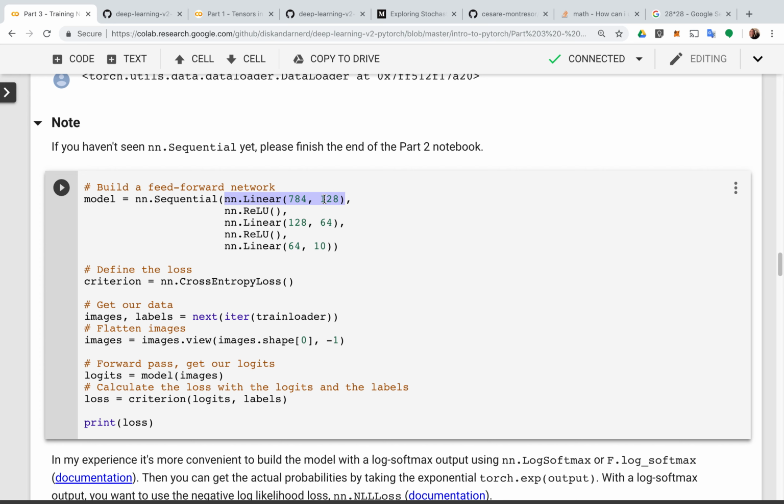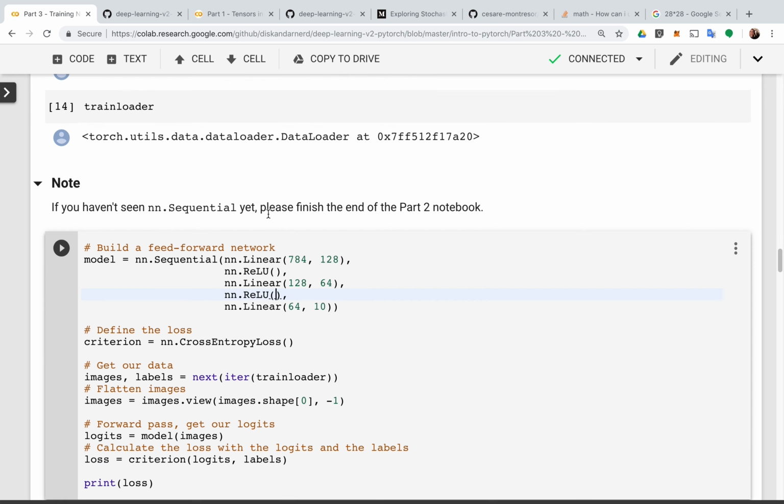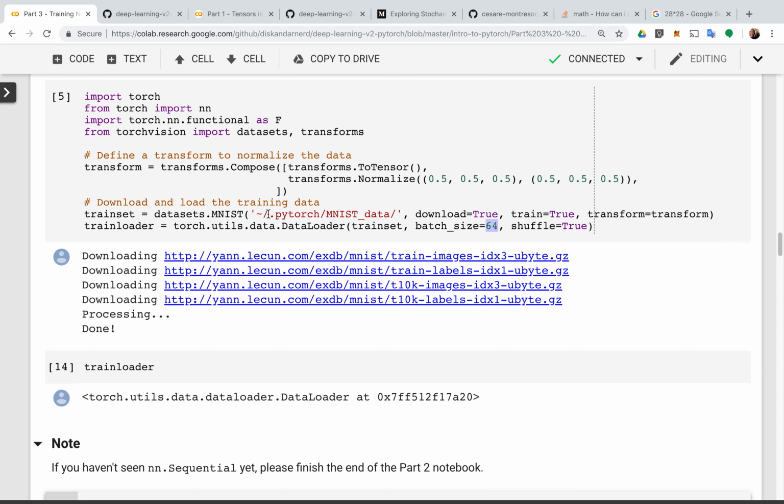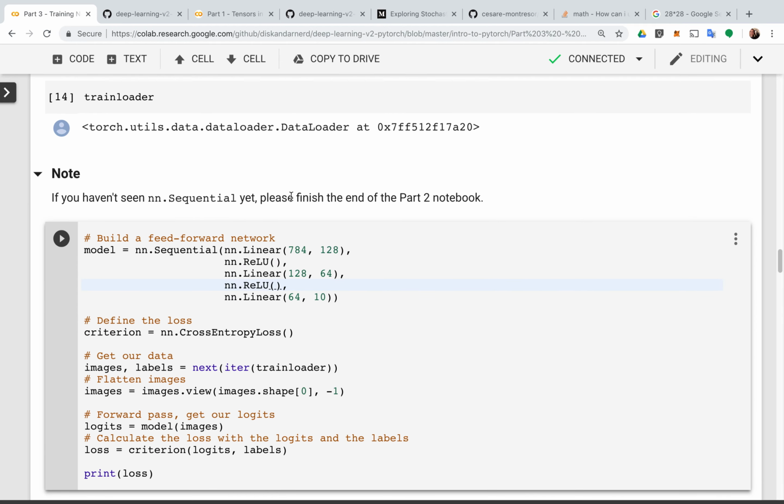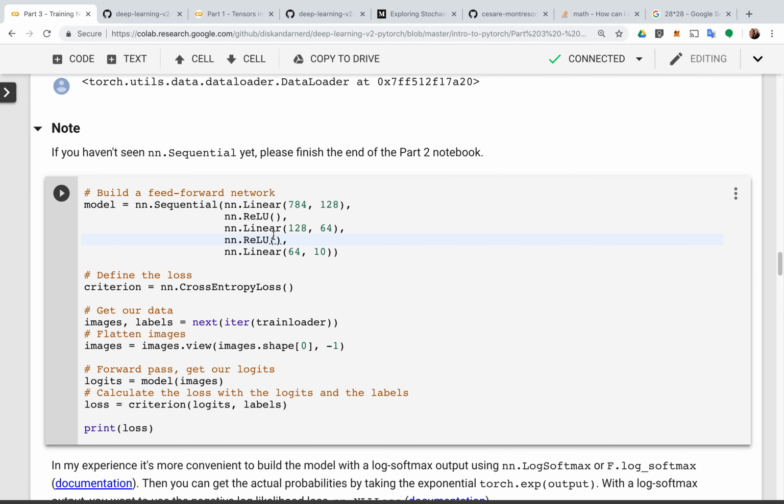From the input to the first hidden layer. So there's at least one hidden layer, and then from that output, we are basically going to feed it into the nonlinear activation unit, basically a ReLU. Let me see. Actually, you don't have to do it this way, because you can just call the ReLU directly like that. This is nice actually. Anyway, after ReLU, you're going to pass into